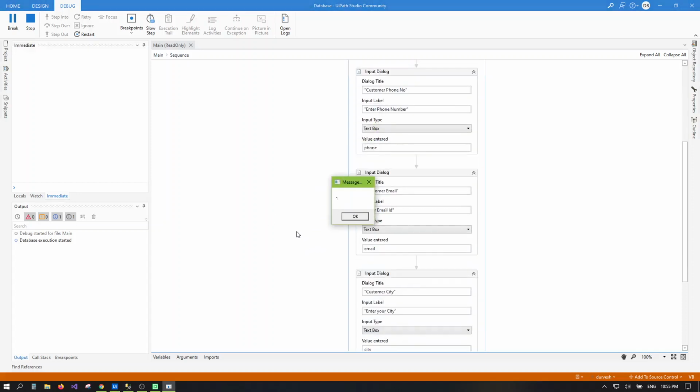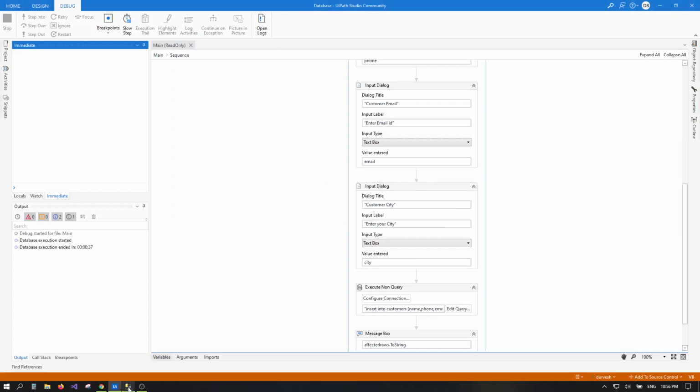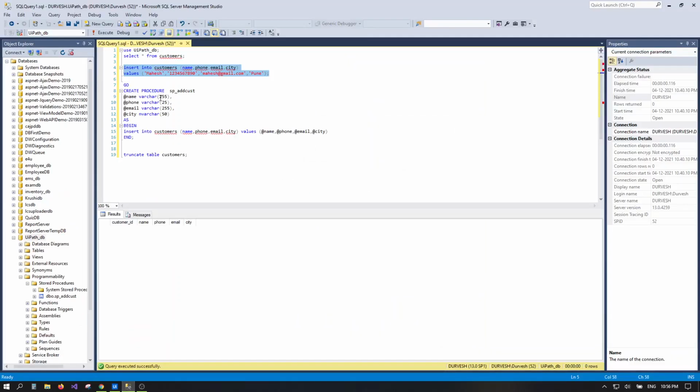See, it has executed, and the records affected is 1. Let's cross verify. Just fire a query. See, now we have inserted one record.